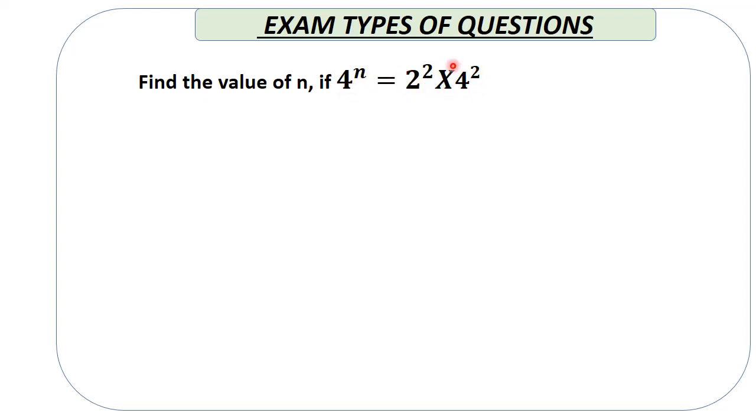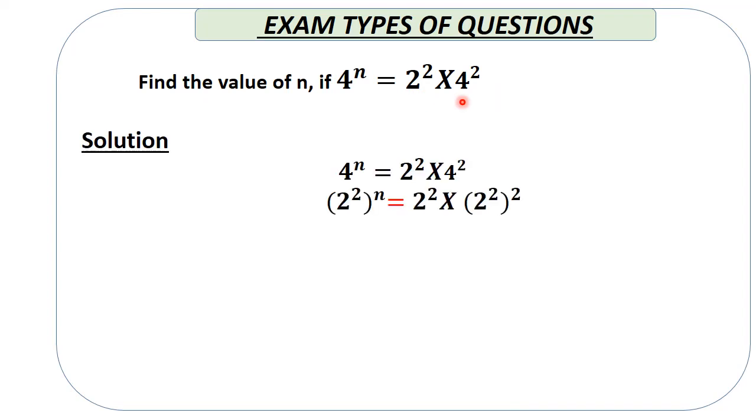This part looks complicated, so we can try to simplify it. So 2 power 2 times 4 power 2, is there a way in which we can simplify it? Yes, there is. Maybe we can write 2 to the power 2 as 4. We can evaluate it. So here's the solution. So the first step is